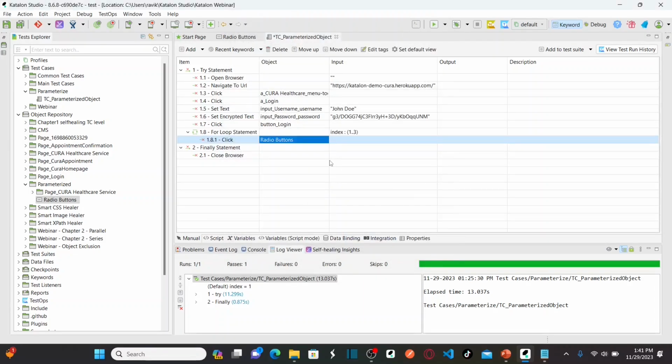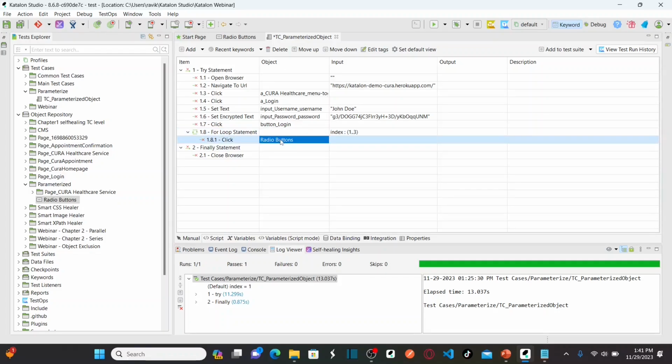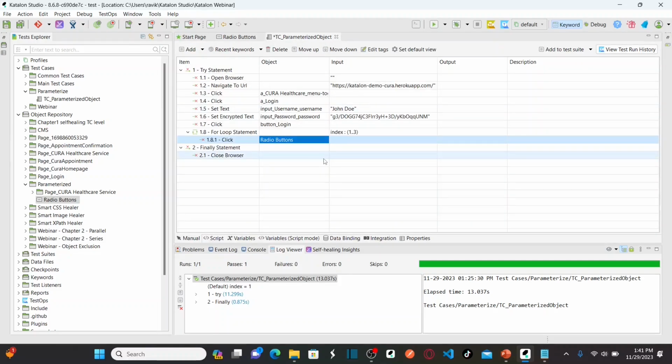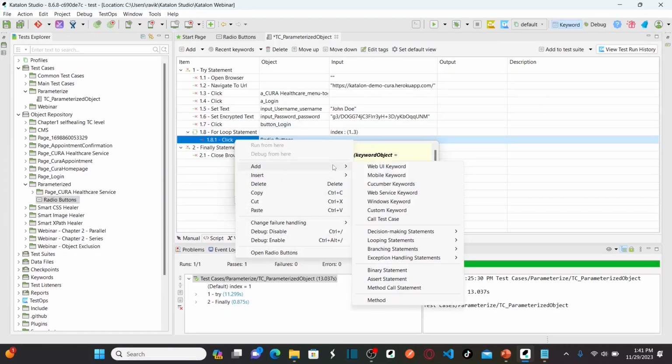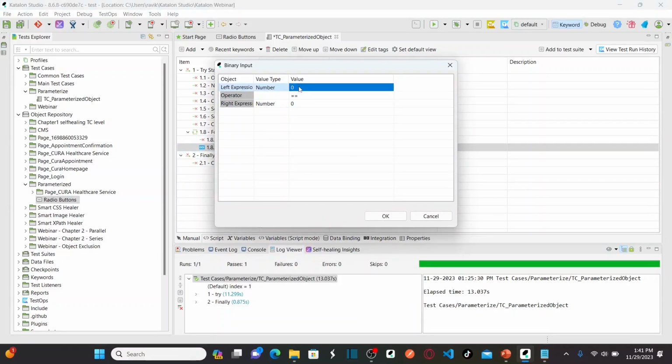Click on OK. So now see, because it is a for loop, my first index starts with 1, comes here, and here the index is being replaced with 1. Now I want to increase the value from 1 to 2. How can I do? I can insert binary statement. Right click and then add binary statement. What I'm going to do here, I'm going to say left expression is variable. Let me call my variable called index here,